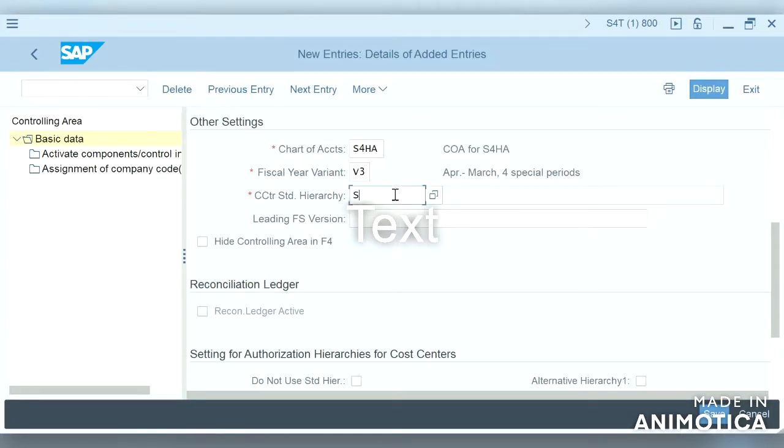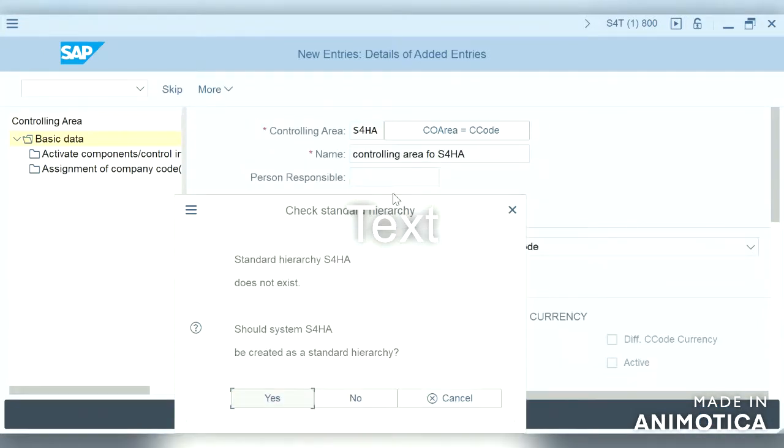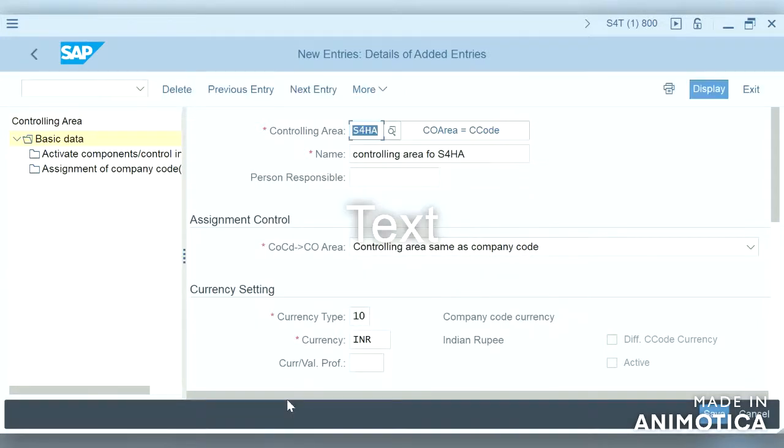Here we will create cost center hierarchy. We have not yet created the cost center hierarchy, so it says it does not exist and the system will create it in the background. So we will say X. In ECC also it works with a similar process.